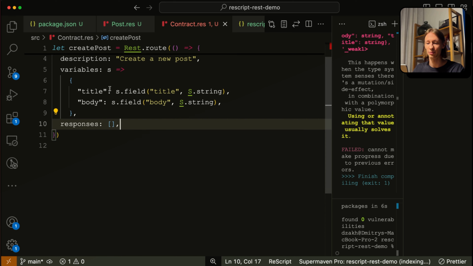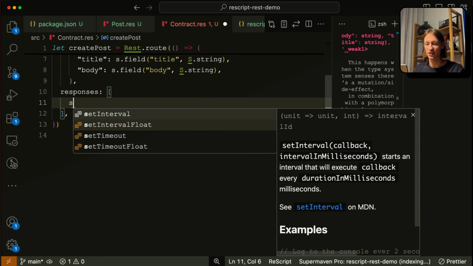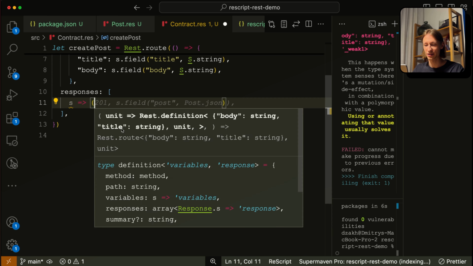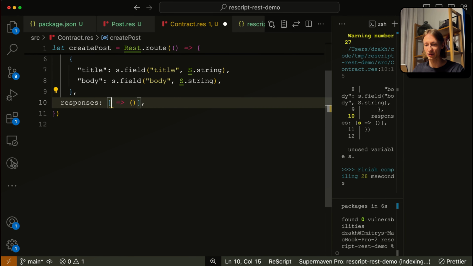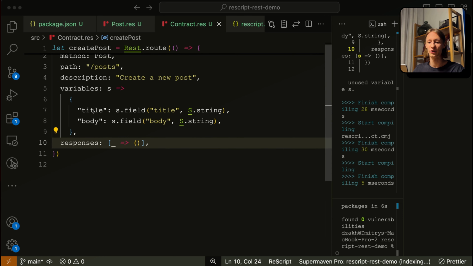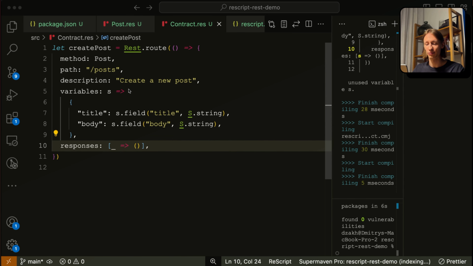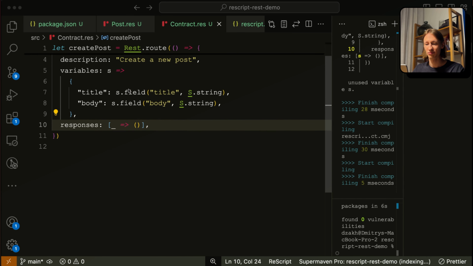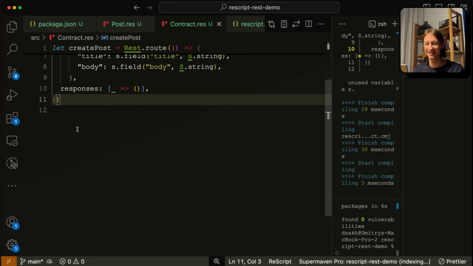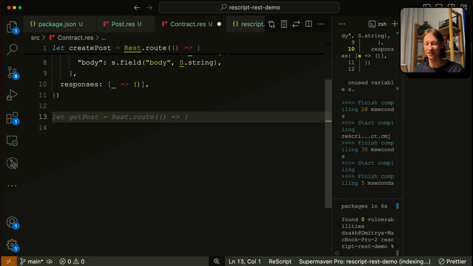Actually, it would also complain in runtime because responses can be empty. And let's add a single response that returns nothing for now. And let me explain what's going on with variables here. Okay, let me show you how